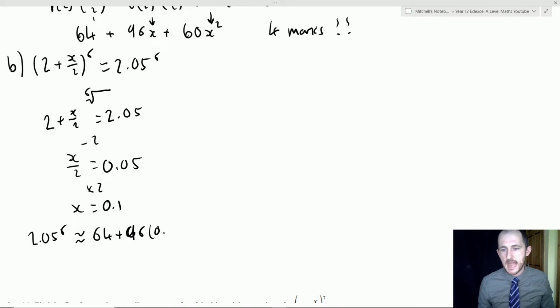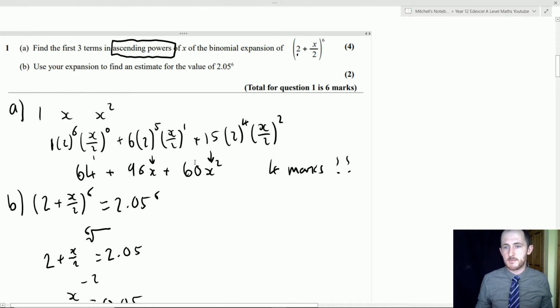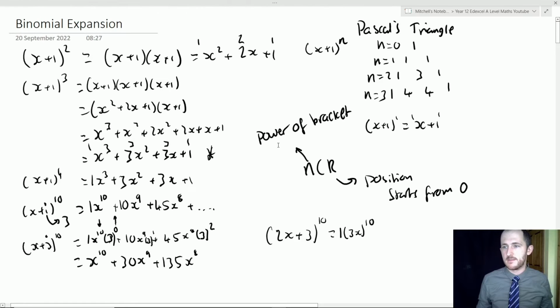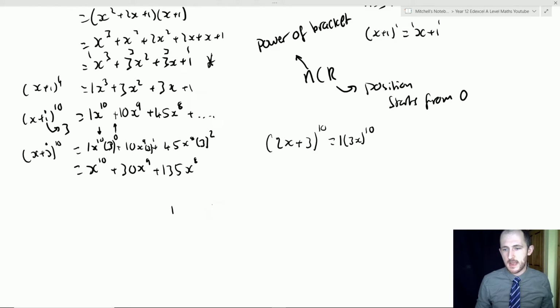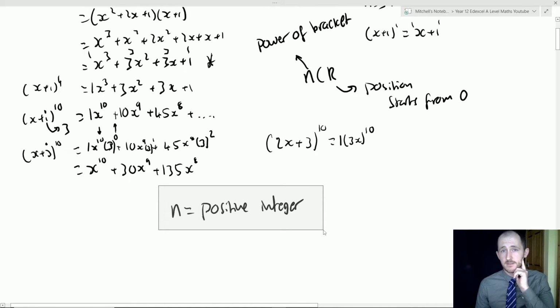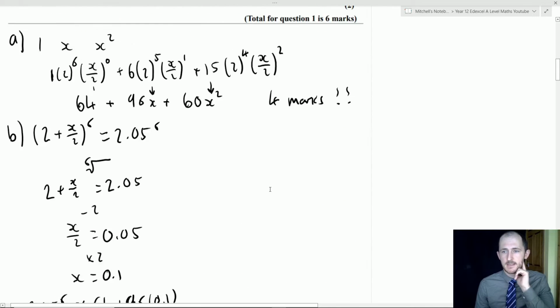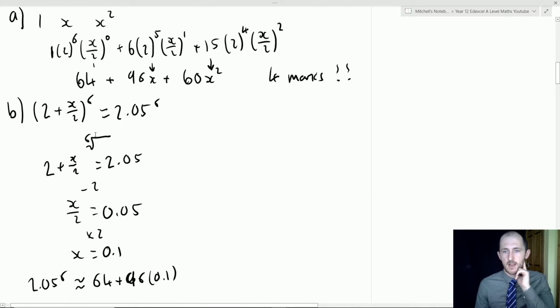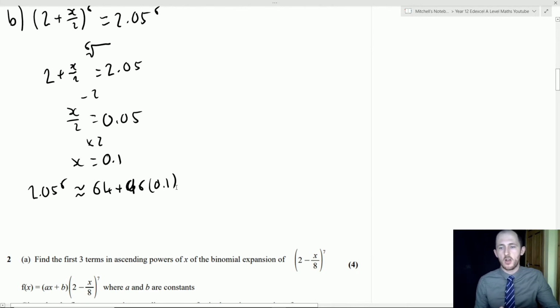Now keep in mind there is an A2 version / year 13 version of binomial expansion. So this method here is for positive integers, okay? So where n is a positive integer, so a natural number. What you'll find is next year or later on, we're going to deal with n when it's a negative integer or a fraction or a fractional negative integer. And you still have to find an estimate for that. That is a key part of this